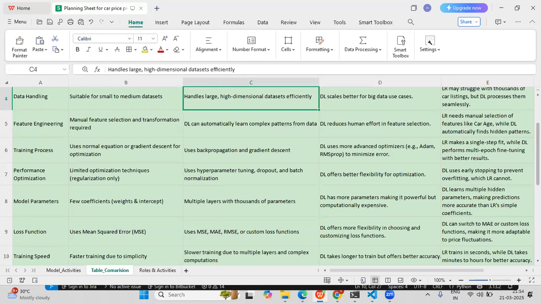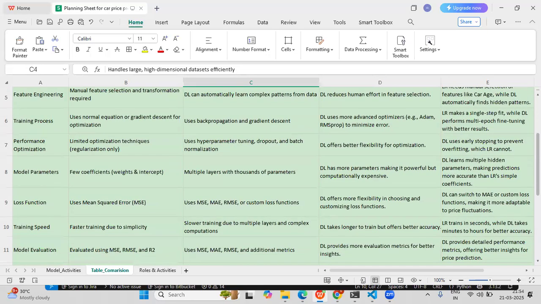So the difference is that deep learning has more parameters involved, which is very useful to make a powerful model. But because we are using so many neurons and layers, it is computationally expensive. Deep learning learns multiple hidden parameters while making predictions much more accurate than the simple coefficients of linear regression.